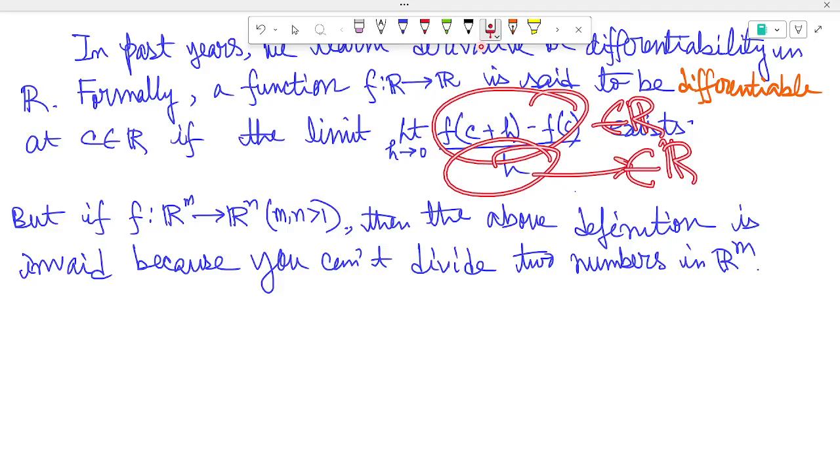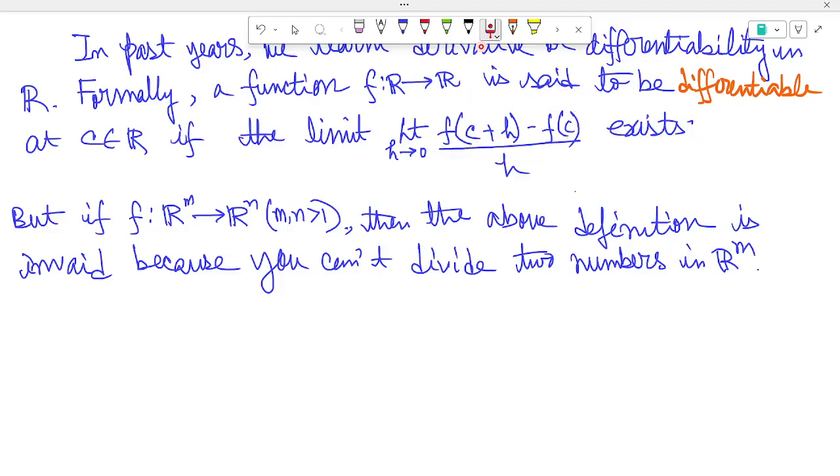So one thing is to do this by taking the norm. This norm is from Rn, this norm is from Rm. So then you will finally get something interesting in R. Then the division is valid, and you can think about the limit. Let me write, and it is denoted by